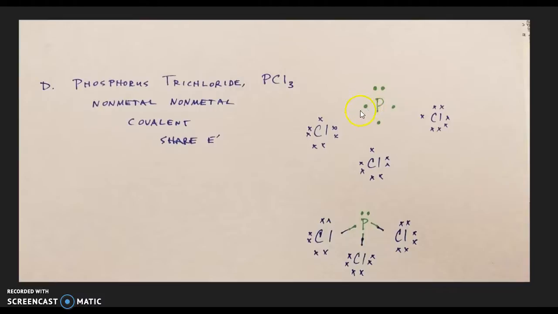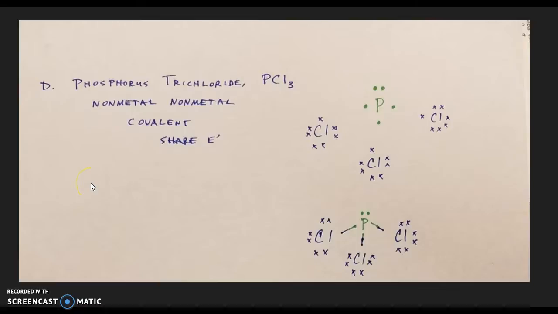So this one can go share over here. That electron can go share with this chlorine, and that one can go over here. So all 3 of these valence electrons will go form a bond with chlorine, and then we have that lone pair at the top. I forgot to draw my chart on here for you, which would have been the one